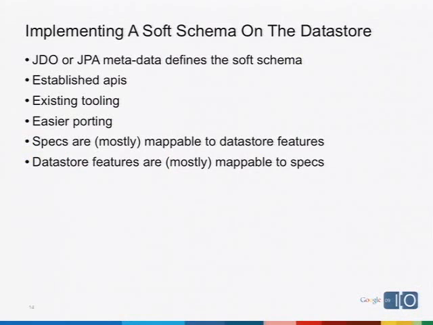These are existing standards, and they were not designed with platform as a service in mind. They did not have the App Engine Datastore in mind when they were designing these specifications. So, does it actually line up? And the answer is mostly yeah, it's a pretty good fit. It turns out the specifications are mostly mappable to Datastore features, and the interesting Datastore features that I described a few minutes ago are actually mostly mappable to the specifications. So we're going to go through some examples of how to surface some of these Datastore-specific features through Java persistence standards.